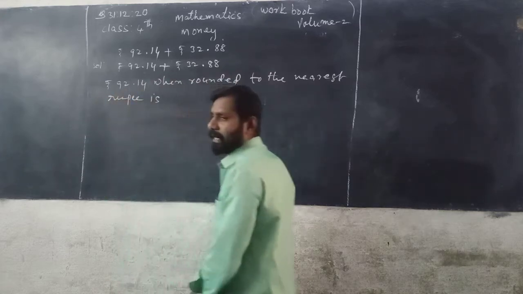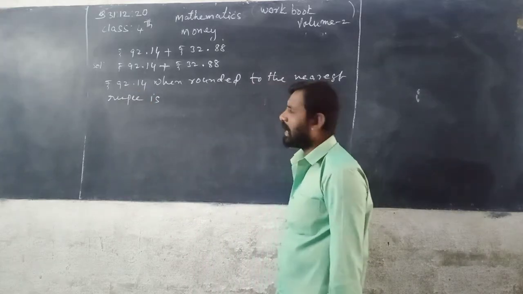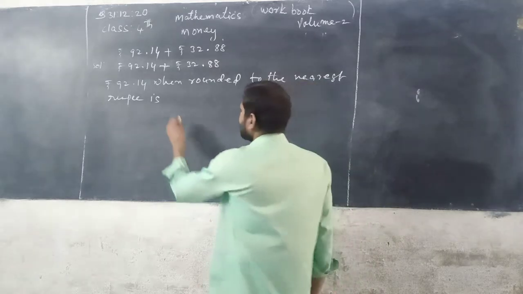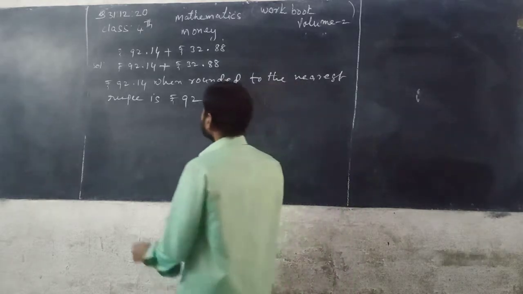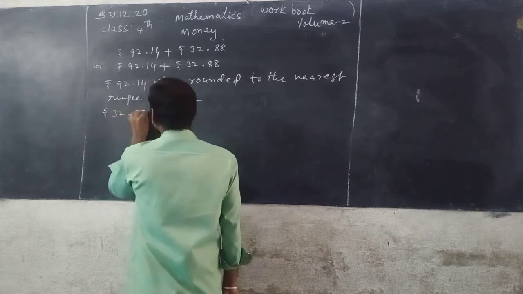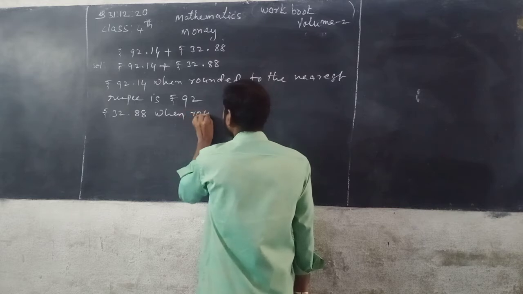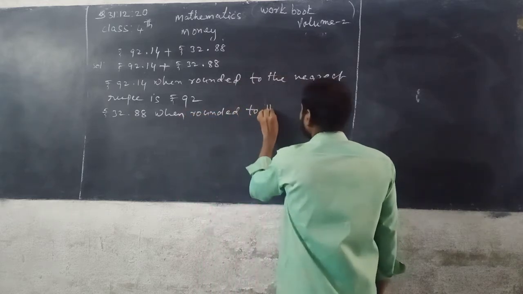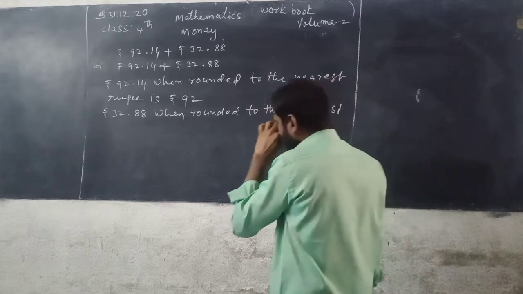is, see, look at the backboard, beta. 14 paise is less than 50 paise. Then 14 paise is nearer to 0 paise. Then you can write 92 rupees. Okay. Next, 32 rupees 88 paise when rounded to the nearest rupee